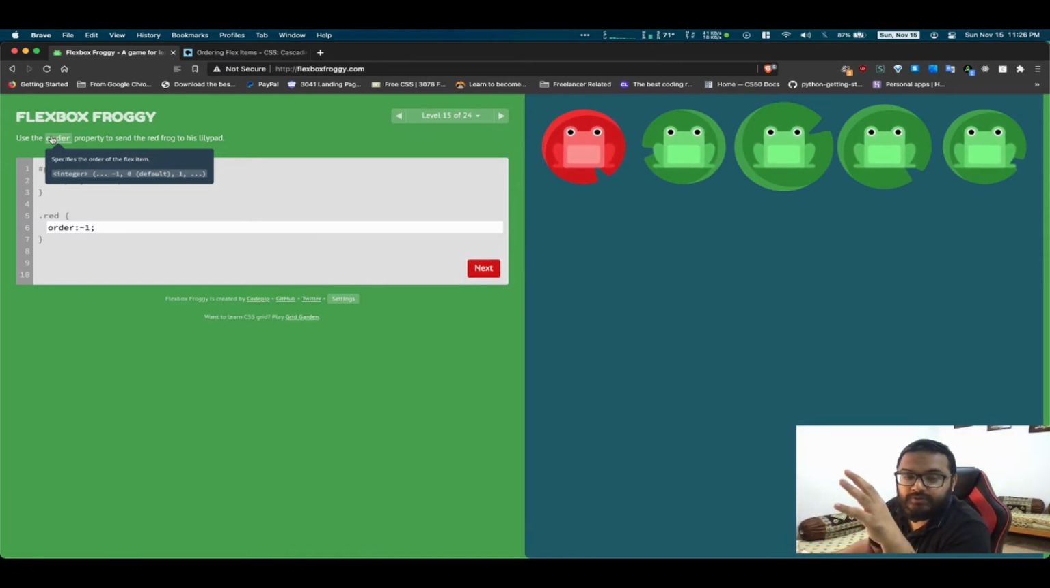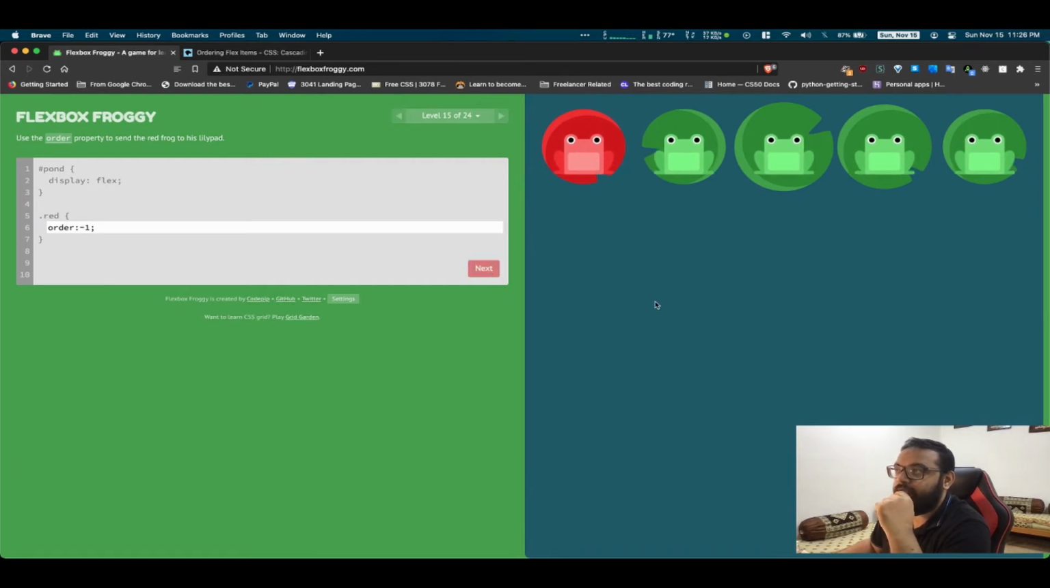Okay guys, just keep this in mind. The order property in Flexbox specifies the order of the flex item. That's it. Okay, keep this in mind. Let's move on to the next level, which is, I believe,